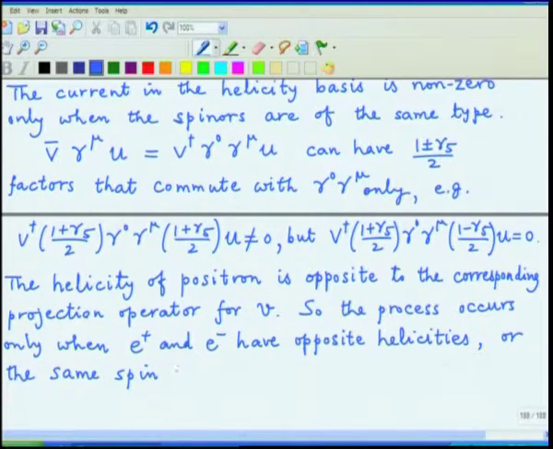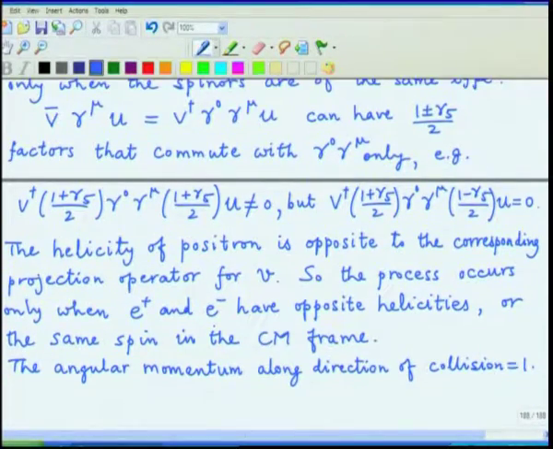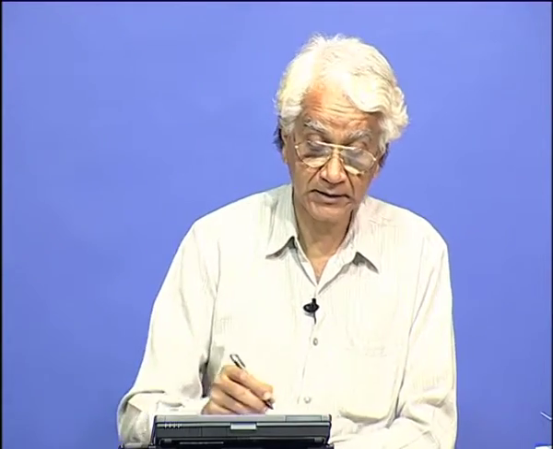So, the spin becomes the same for both these particles, and so the state which contributes, actually if you measure the angular momentum along the direction of collision, is 1. Both the contributions of half add up,